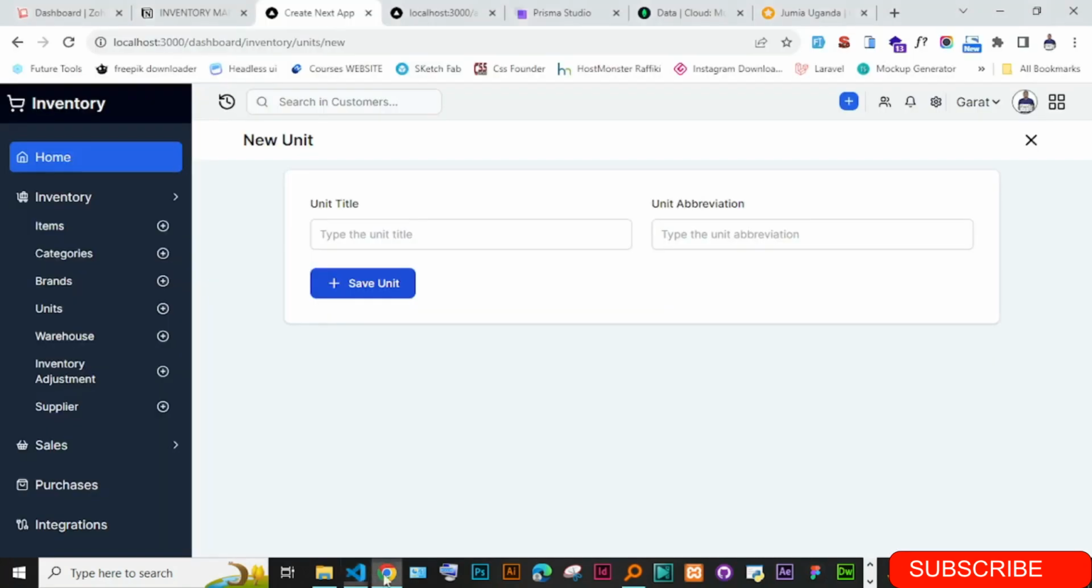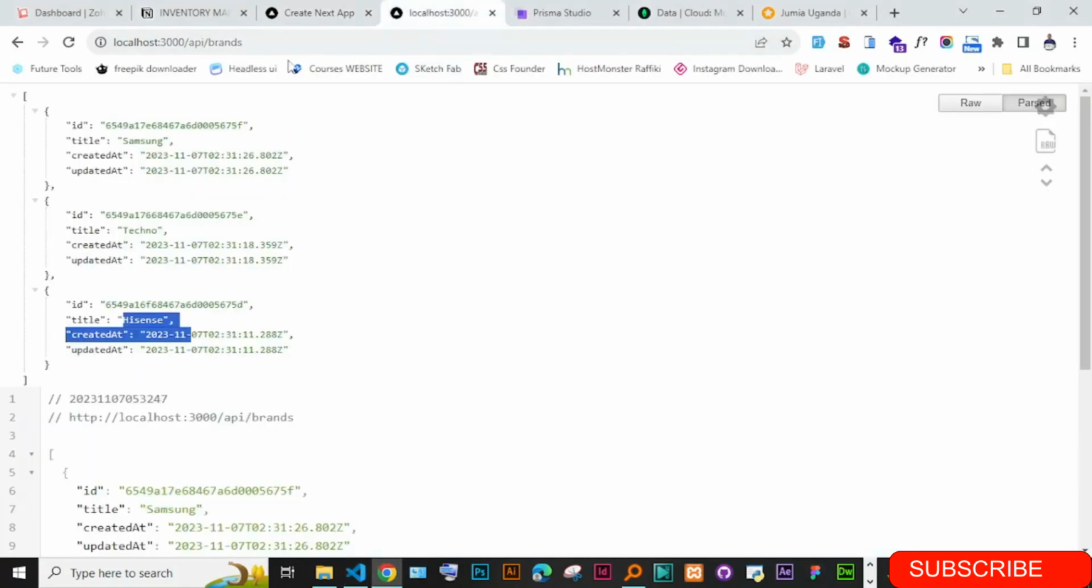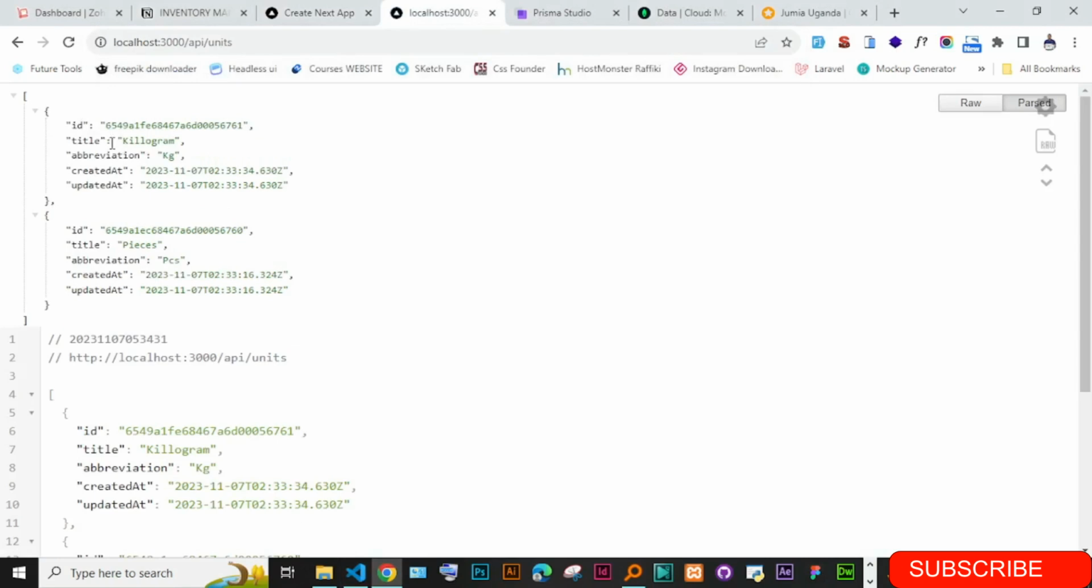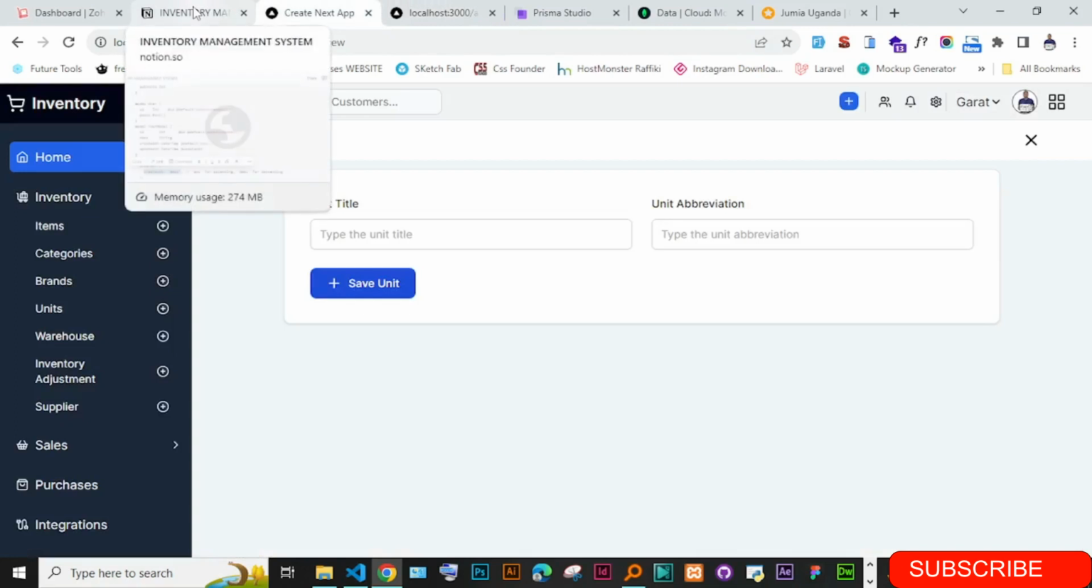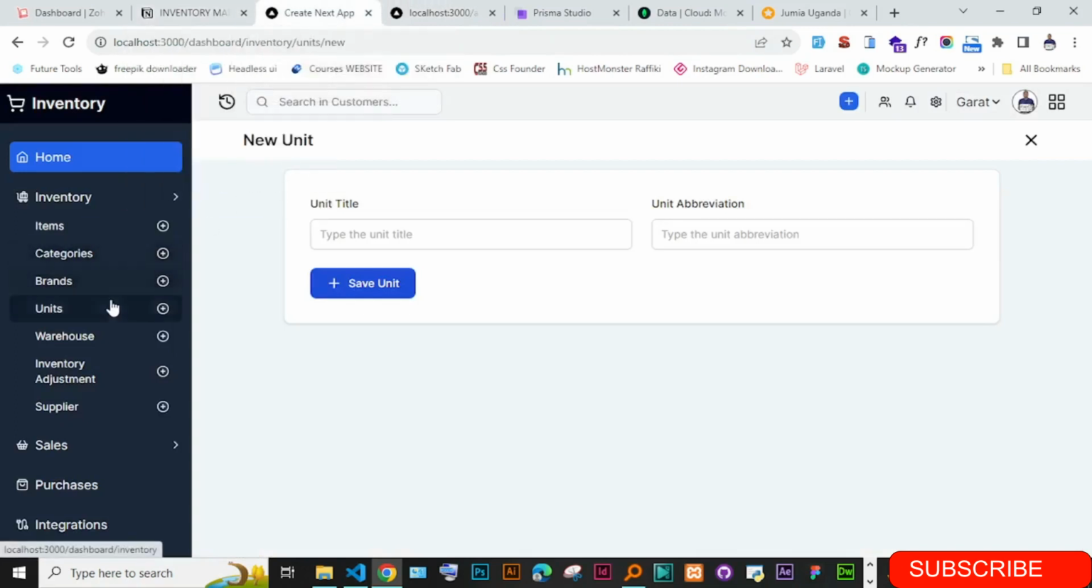Okay, we can just go ahead and test this out. We just pass here the units, just like that, and we have the last kilogram and then the pieces. Great. So moving on is to